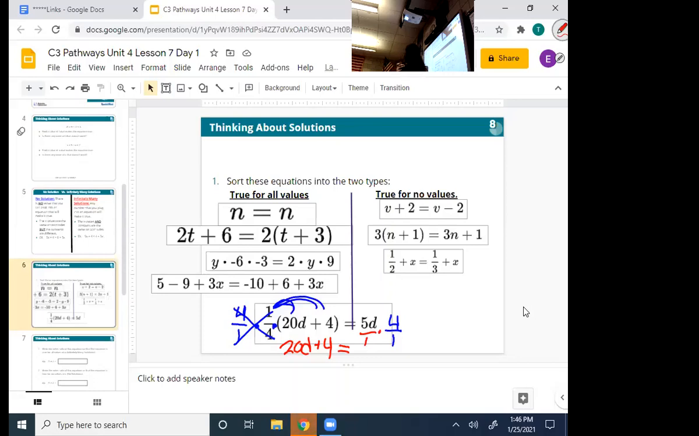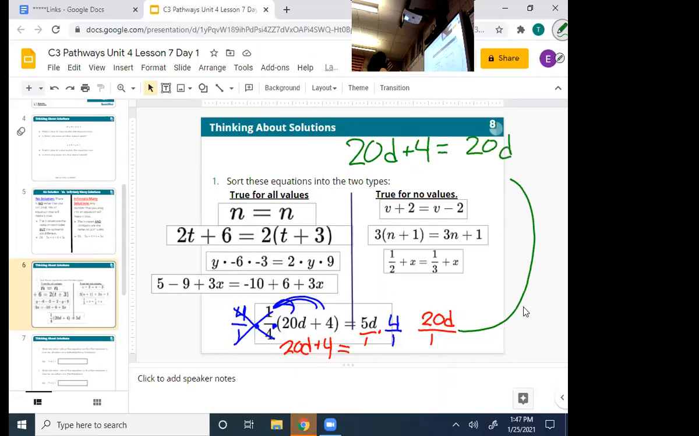I want to say it, but I don't want to say it. How many d will there be? So 5 times 4 is 20 d over 1, right? So we're going to say 20, let me write this underneath. I'm going to write this up here up top. 20d plus 4 is equal to